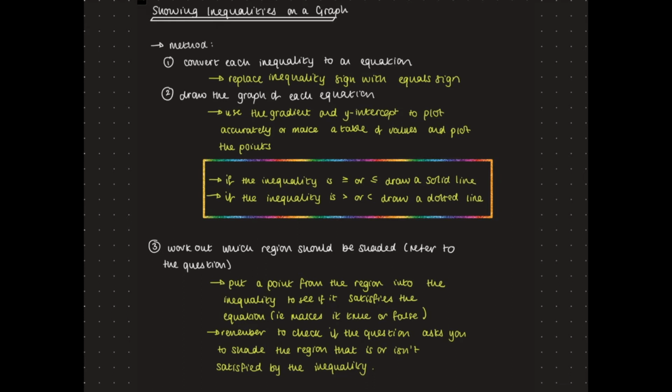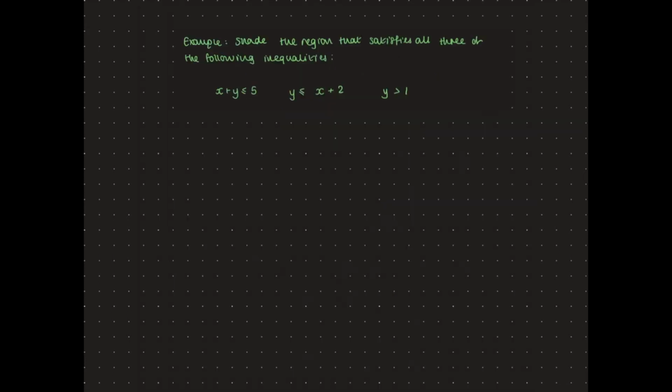Then we need to work out which region should be shaded. We need to put a point from the region into our inequality to see if it satisfies the inequality. We also need to remember to check if the question asks us to shade the region that is or isn't satisfied by the inequality. So the first thing I'm going to do is change all my inequalities